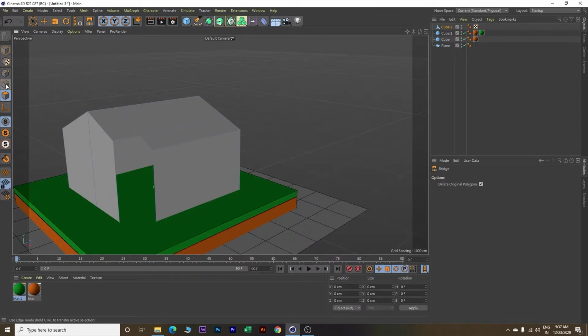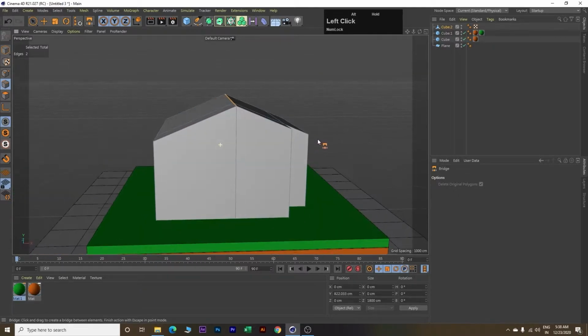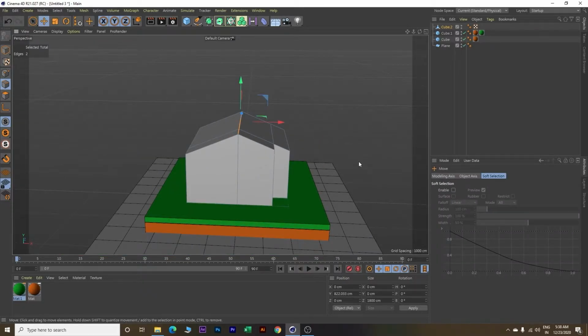Then go to this edges button over here. Click on edges. Bring your pointer on this edge. Click and hold left mouse button and drag your mouse a little downward. Perfect. Again, bring your mouse pointer on this edge. Click and hold left mouse button and drag your mouse downward. Perfect. So this way we have made the shape of our house. Next, click E on your keyboard. Next, we will make doors and windows for this house.